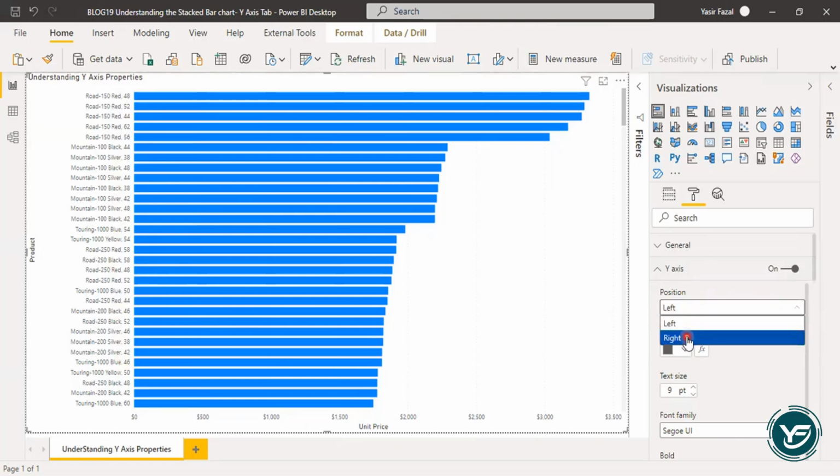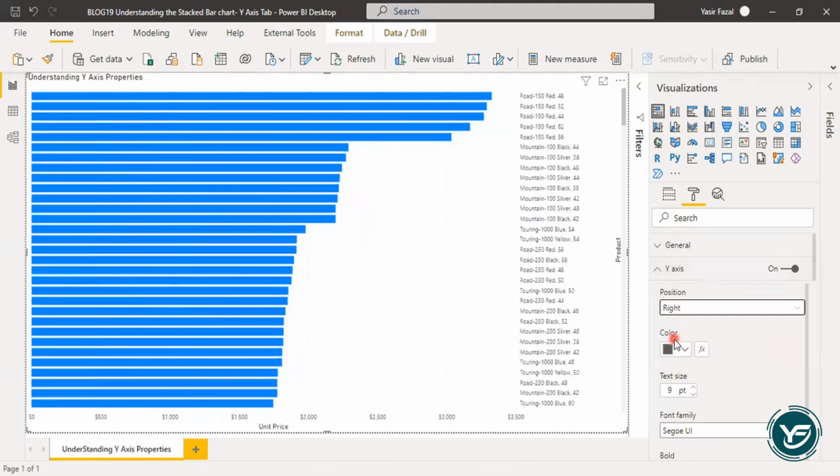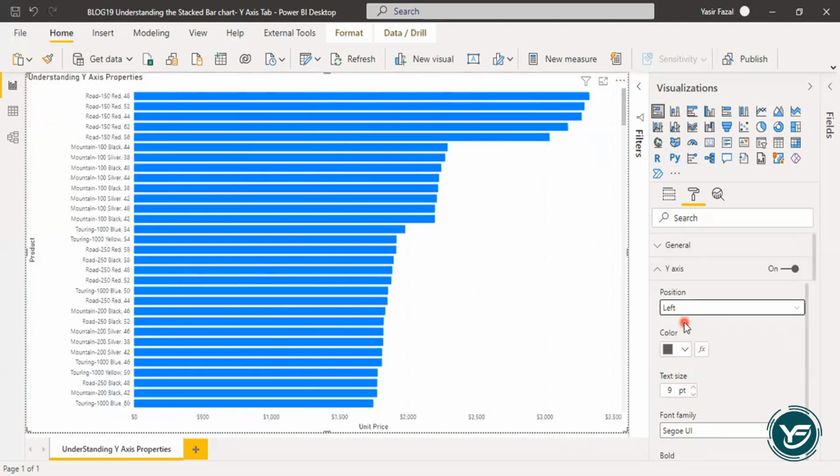If you would like to showcase these values on the right side of the chart, by clicking on it, the y-axis will be shifted towards the right side of the chart. So it will position itself here, but the values will be vertical as usual. It's good to see on the left side, so I'm just changing the position back to the left side.